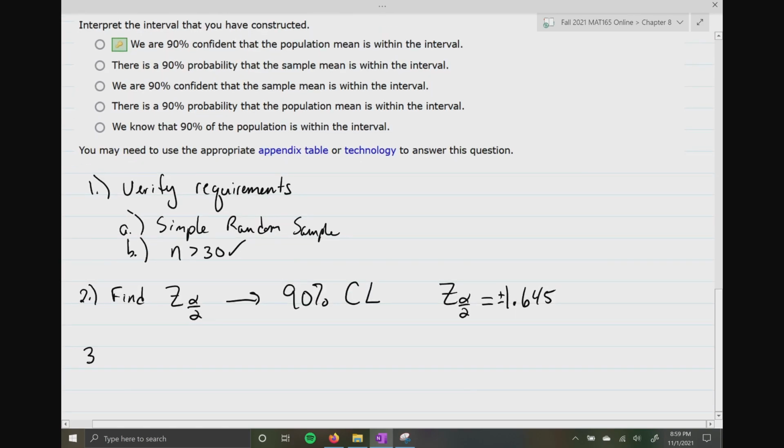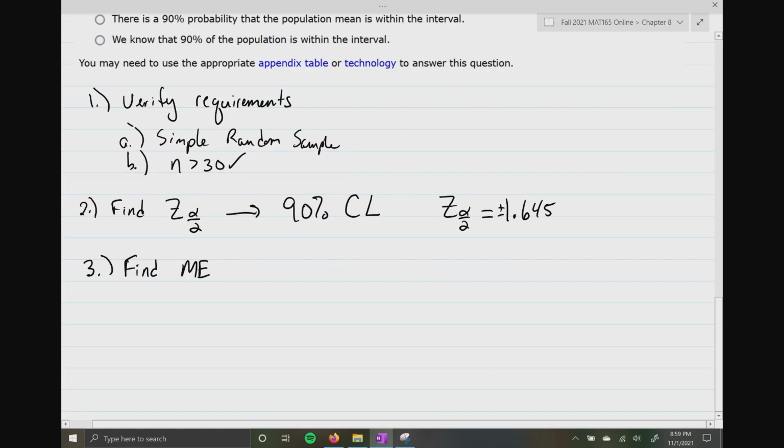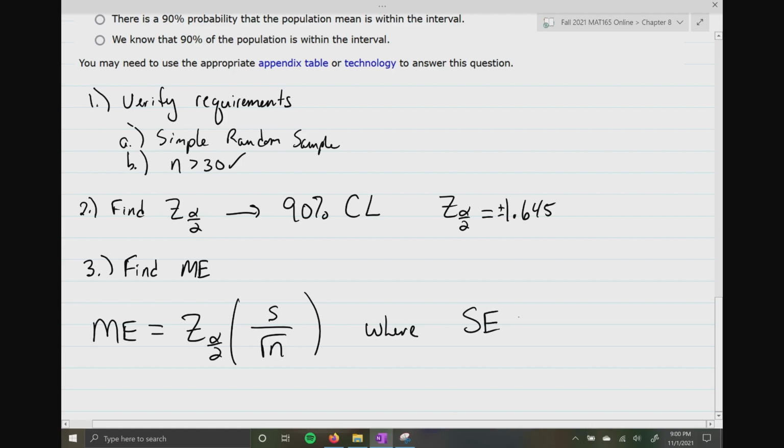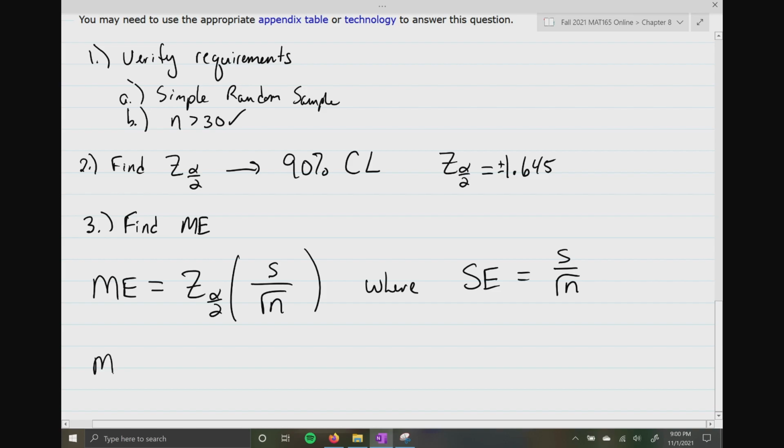Step 3, we're going to find the margin of error. Now, this is different because we're estimating a different parameter. Our margin of error is going to be different. So the margin of error is going to equal Z alpha over 2 times S over the square root of n, where your standard error is S over the square root of n. Okay? So for us with this problem, our margin of error is going to equal